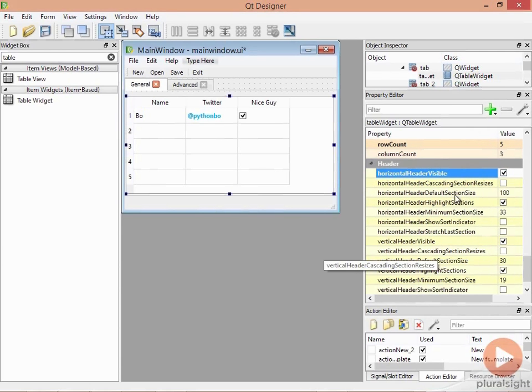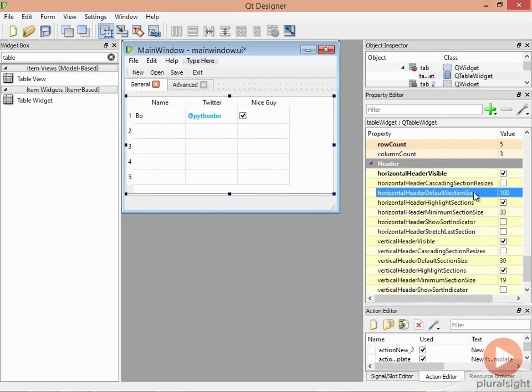We also have the horizontal header default section size as well as the minimum section size. And think of a section size as something like a width for the horizontal header. Similarly to that, we have the same thing for our vertical header, default section size, as well as a minimum section size. Now, we also have this interesting property called stretch last section, which in our case might be useful